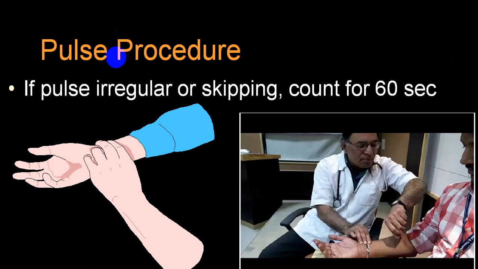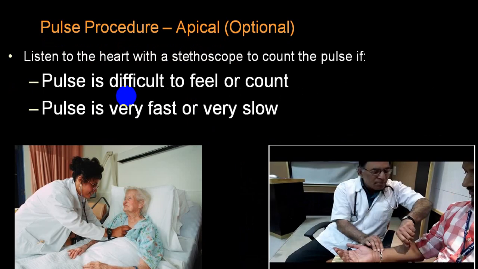And during that time you look at whether the interval between the two pulses is regular or irregular. And if it is irregular, then whether it is regularly irregular or irregularly irregular. Try to look for that. That tells you the rhythm. Then you can look for volume, tension and force.